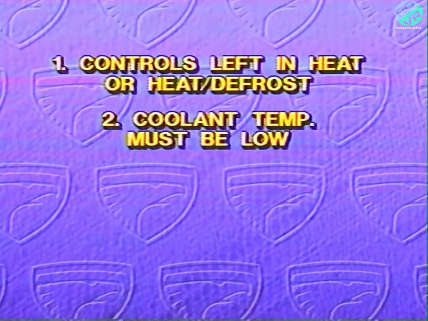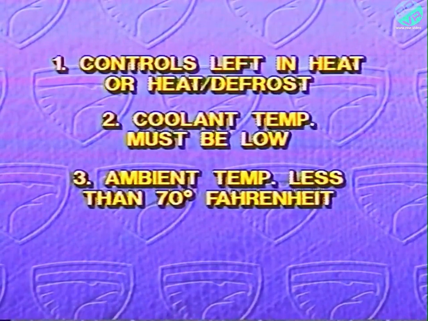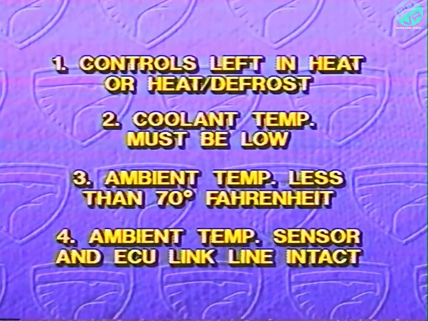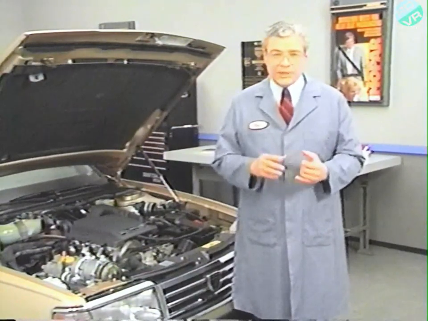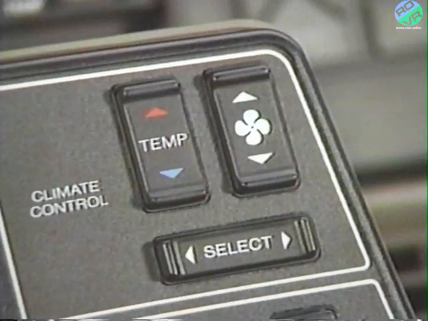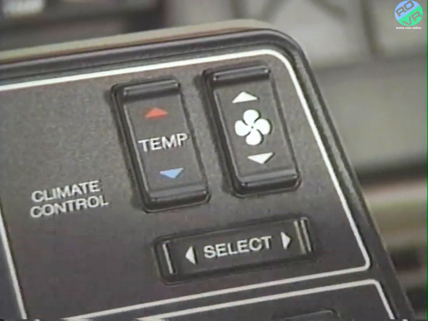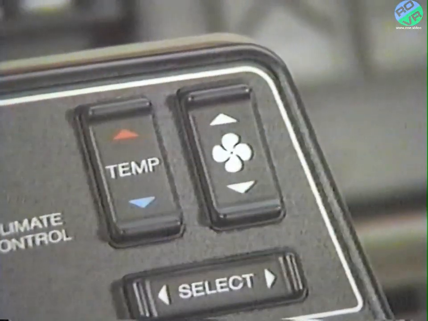The coolant temperature must be low. The ambient temperature must be below 70 degrees Fahrenheit. Both the ambient temperature sensor and ECU ACM lines must not be opened or shorted to ground. The ACM will delay blower operation until coolant temperature reaches 120 degrees Fahrenheit. Now, a driver can override the blower delay by changing either the set temperature or mode, or by depressing the